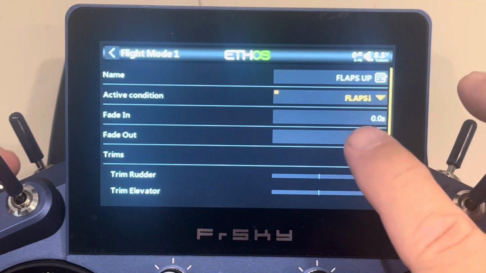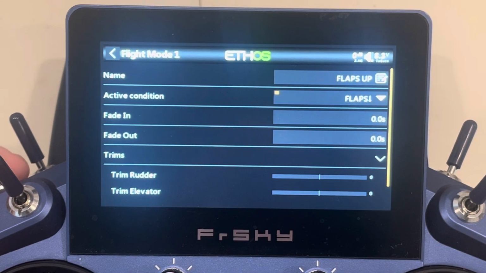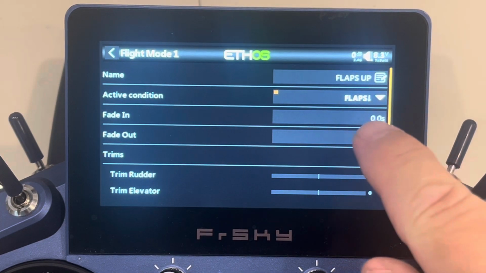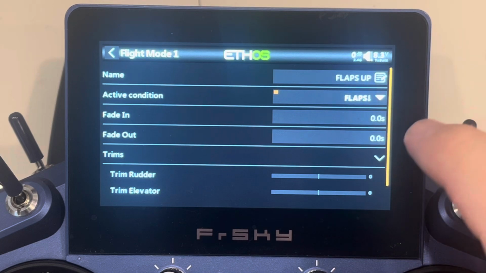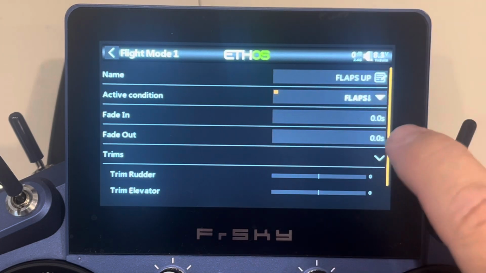And you can tell it's working because it's bold right now. If I move my flaps down, it will unbold. So as I go to flaps half, it unbolds. So I go to flaps up, then it bolds. I know it's working. Now, if I want this to have some kind of a fade in or out, then